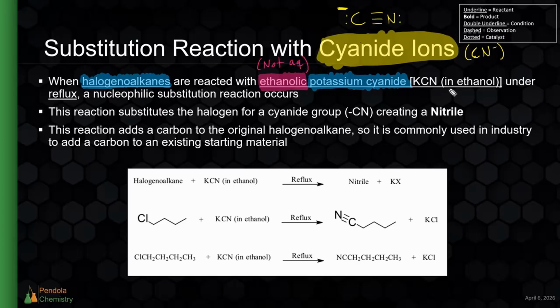So what is ethanolic? Ethanolic means dissolved in ethanol. So instead of using water as a solvent for the solution, we use ethanol. Why would we use ethanol instead of water? Well, it's very simple. We saw earlier that water is also a nucleophile. If we use aqueous potassium cyanide, the water would act as a nucleophile and we would get an alcohol out